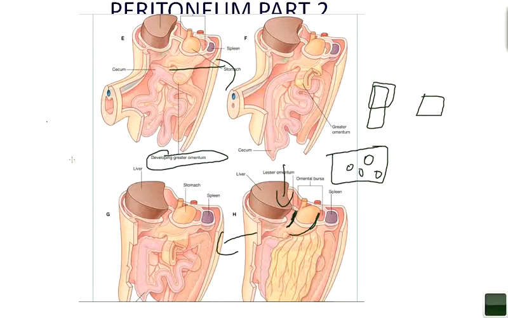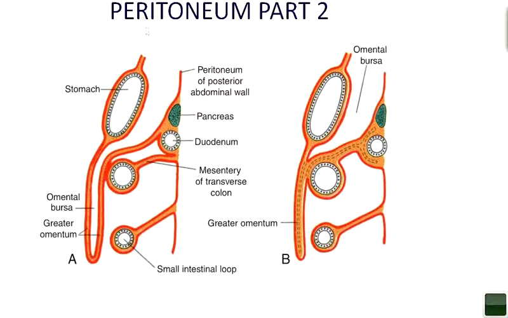Now I was showing you the cross section of the greater omentum development to make it more clear. I'm going to show it right now. Here we have the developmental image of what took place in utero in the fetus. Now here we can see the lining of the peritoneum layer around them. You can clearly visualize the red lining pertaining to the peritoneum.